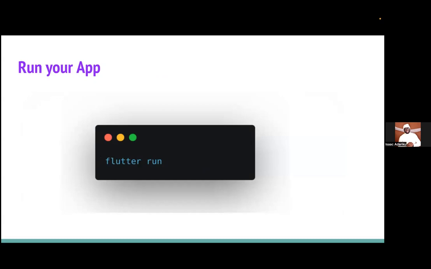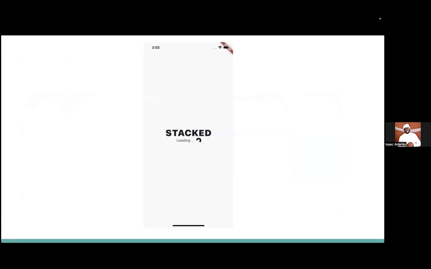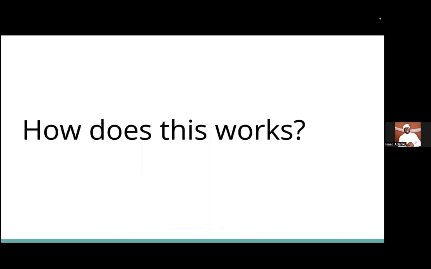So if you run the Stack template, you should have something like this, which is a loading startup view, and you also get to see just a simple counter app with bottom sheets and an indicator to have bottom sheets and also dialogs. We'll be looking at this in a quick demo, but let's quickly look at how this actually works before the demo section. The way Stack works is, first of all, it gives you the ability to organize your code.